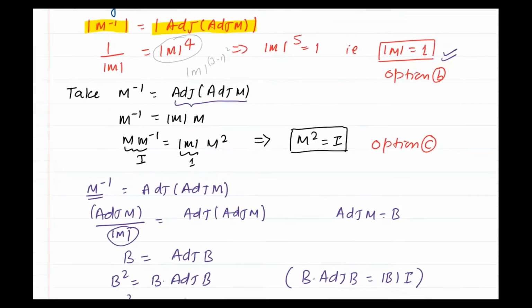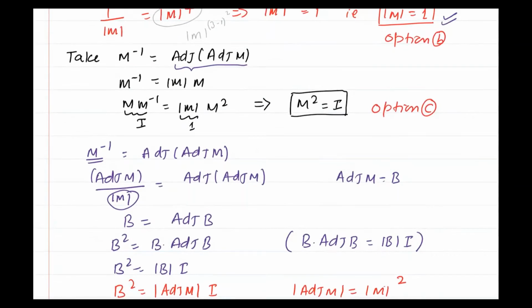So 3 minus 2 into a. So now we are getting the same thing. We get determinant of m into m square, determinant of m into m, and we are getting this step. And then in this step again we have to take pre-multiplication of matrix M. So now determinant of M is 1. So we get M square equal to identity matrix, and option C is correct.